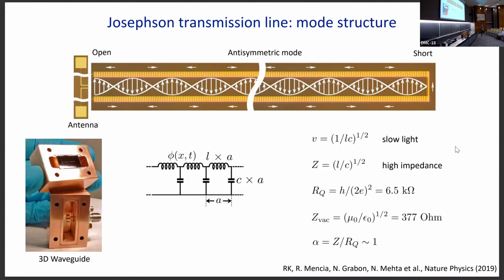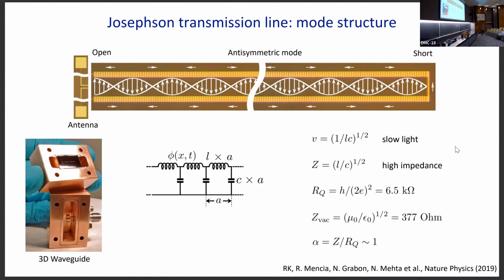First, of course, it's the speed of light, which is slow because this inductance can be large, as I said. Also, the impedance, which can also be very large because of the inductance. In fact, it can be greater than the resistance quantum for Cooper pairs, which is 6.5 kilo ohm, which is actually a necessary ingredient to create a strong interaction in the system. That's the reason why we use such an unusual cavity made out of Josephson junctions.